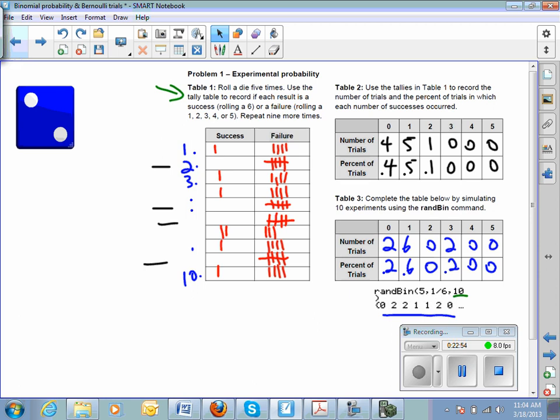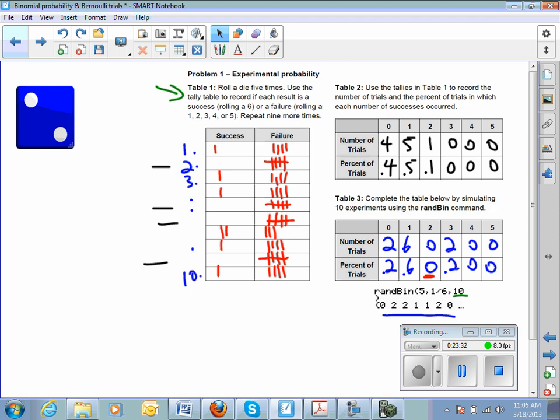No, it's okay, good. That's actually how I wanted to look. If we look at the probability of exactly 2 successes, we came out with a 0.1 probability up here in the experimental probability that we did by rolling the die, and down here in the second table, table 3, I got 0. What did you get for your probability there? I got 0.2. Okay, so neither one of us was dead on with the theoretical probability.